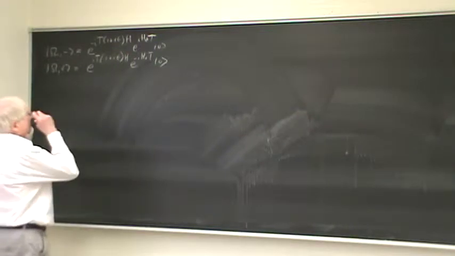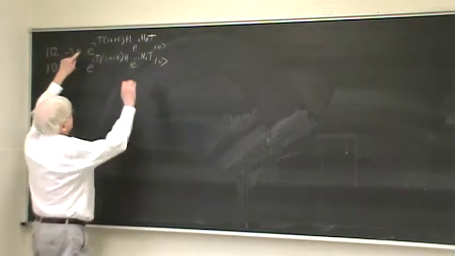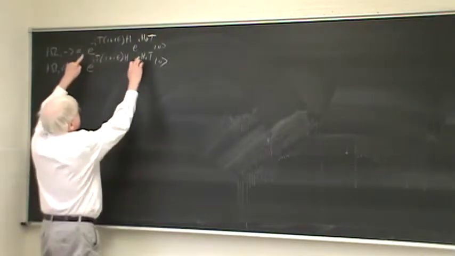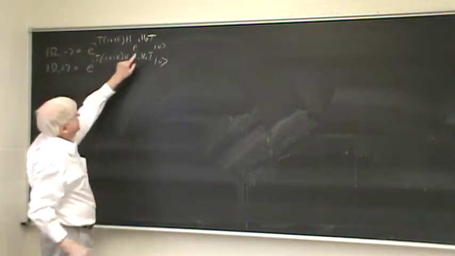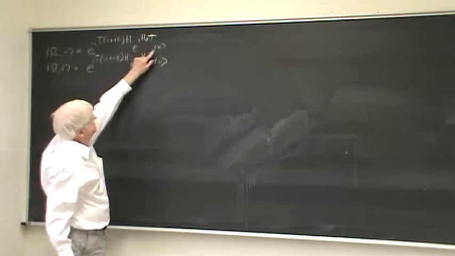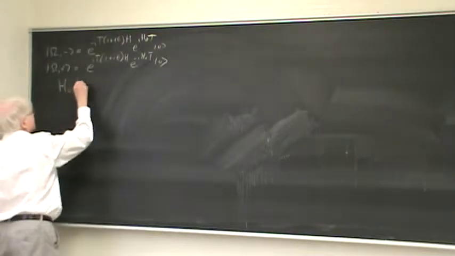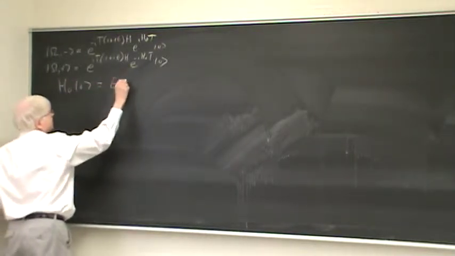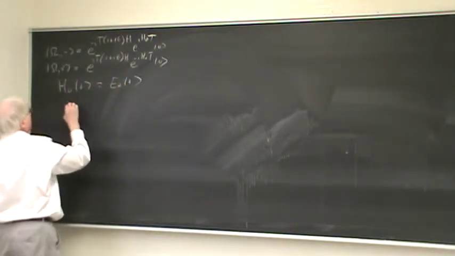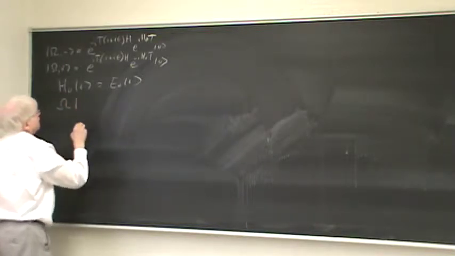is that, remember that we've arranged that H0 on |0> is E0 on |0>, and we've also said that omega on